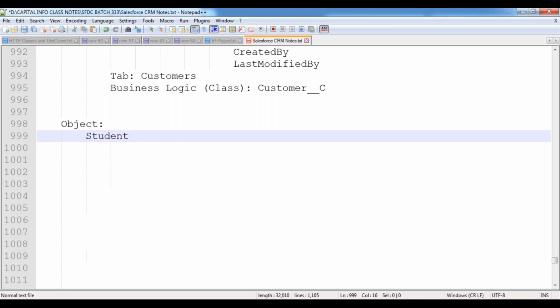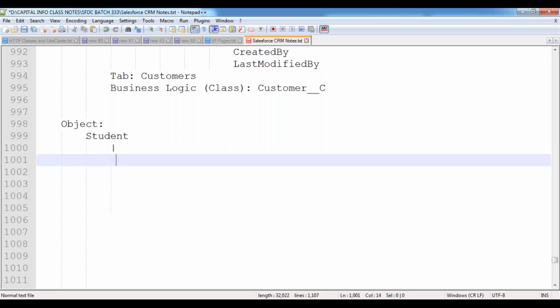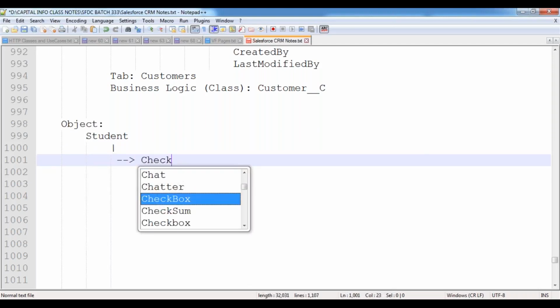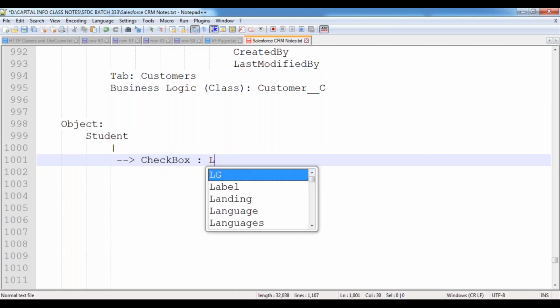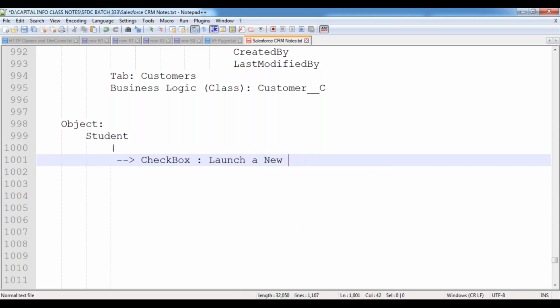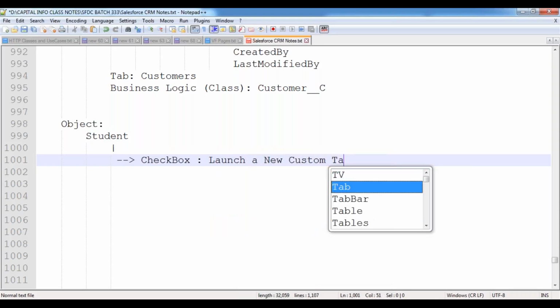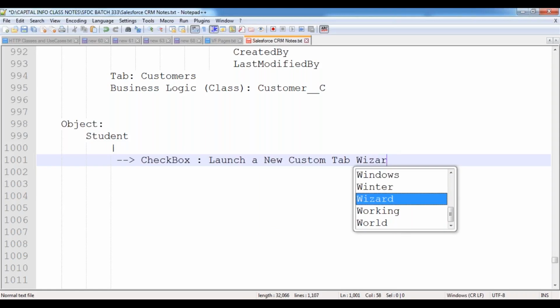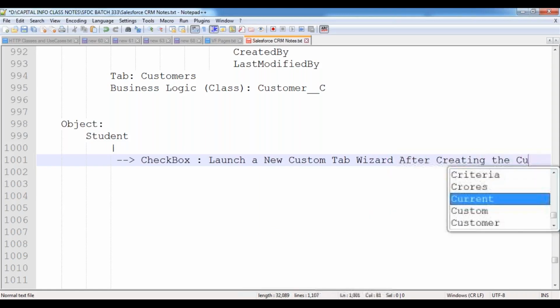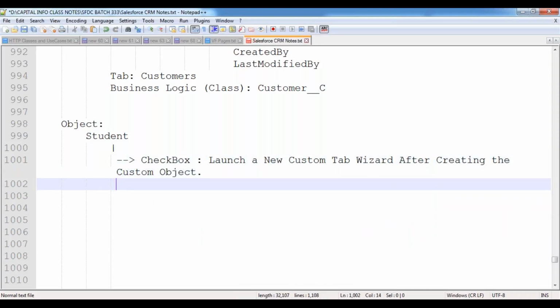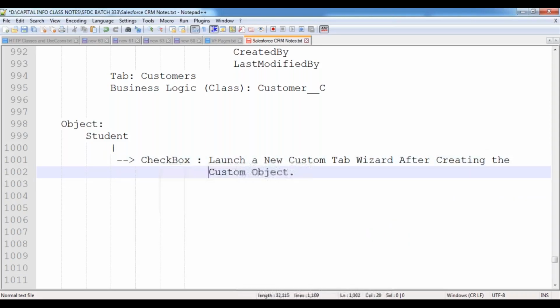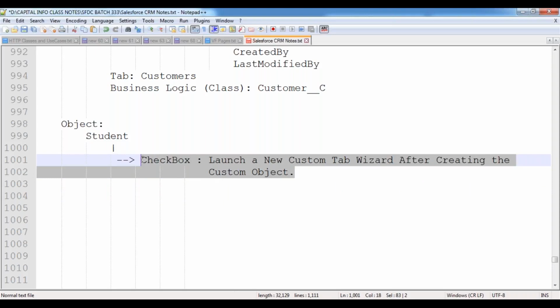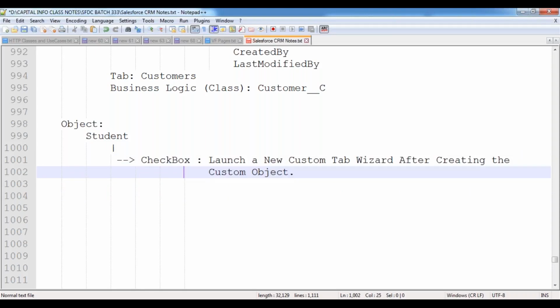But upon creating this object, I did not select the checkbox, launch a new custom tab wizard after creating the custom object. That means if this checkbox is not selected, then the tab will not be created. The object will be created, that means the table will be created. The business logic class will be prepared by Salesforce, but it won't provide any tab.